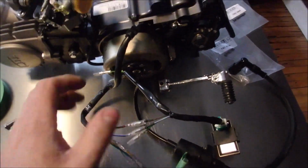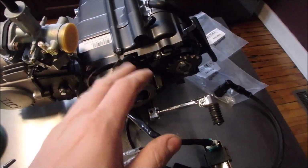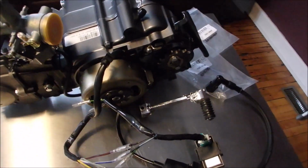I am going to use that because I'm using 2 engines in my project and I need to know that they're both in neutral. So